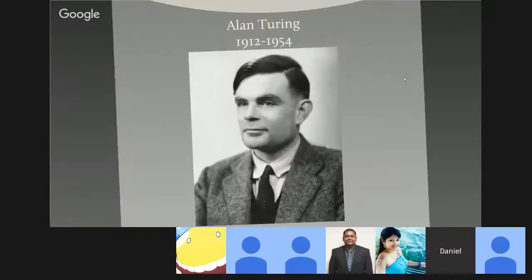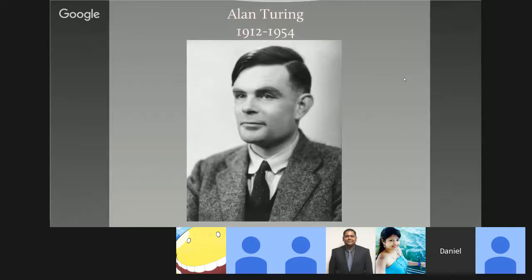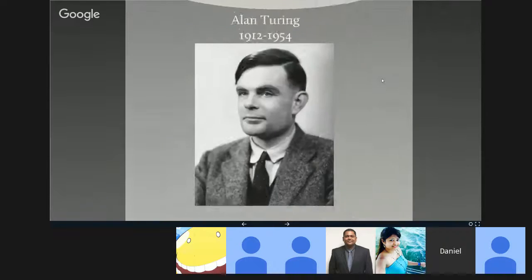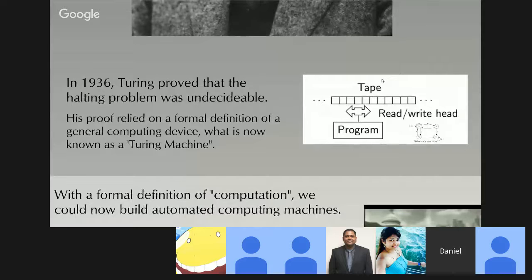Right, so Babbage was never able to build his machine, but Turing was able to do it about 100 years later. So Turing, many of you probably know this, you're all engineers. Turing became well known in his early 20s when he proved that the halting problem was undecidable. This is one of the major proofs in 20th century mathematics. This and Gödel's completeness theorem basically defined a big chunk of 20th century mathematics.